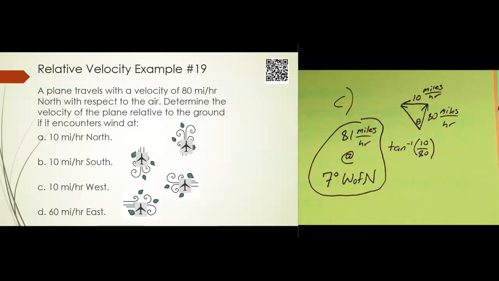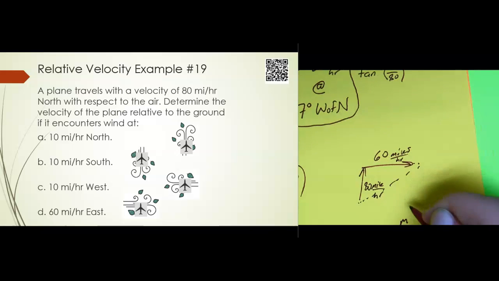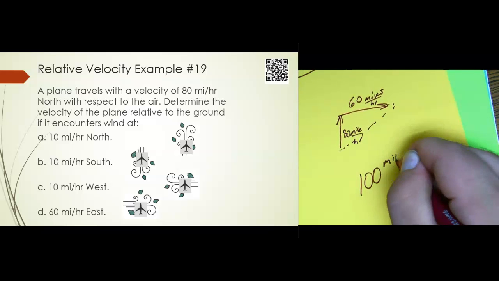A squared plus b squared equals c squared. So 60 squared plus 80 squared. It's going to be a big number, 1 sig fig. Okay. Take the square root. Oh, that's easy. 100. So it's 100. Oh, can't see that. I am so sorry. 100 miles per hour